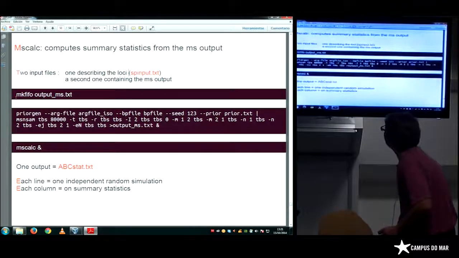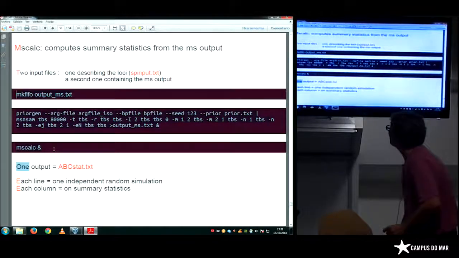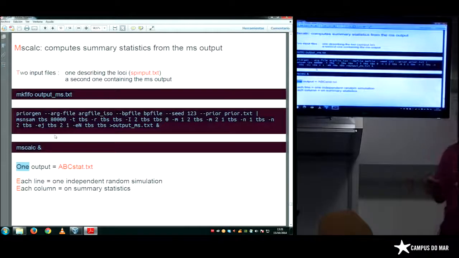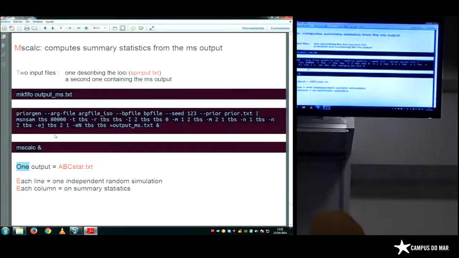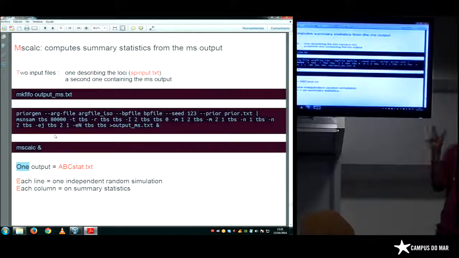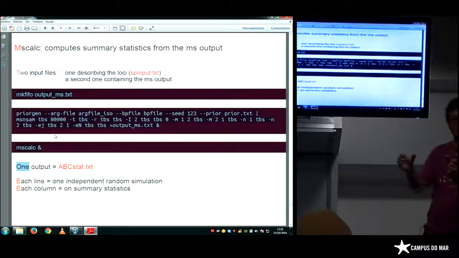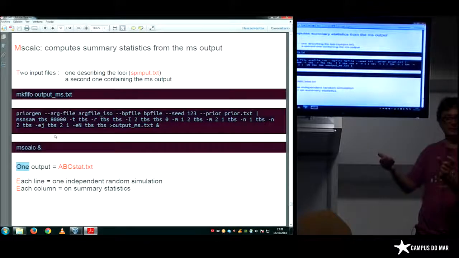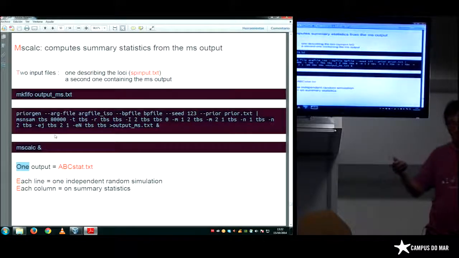So here is the tricky part to do ABC: it's not a good idea to keep all the results of the simulations in files. It's better to calculate the summary statistics, keep only the summary statistics, and erase the output of MS.